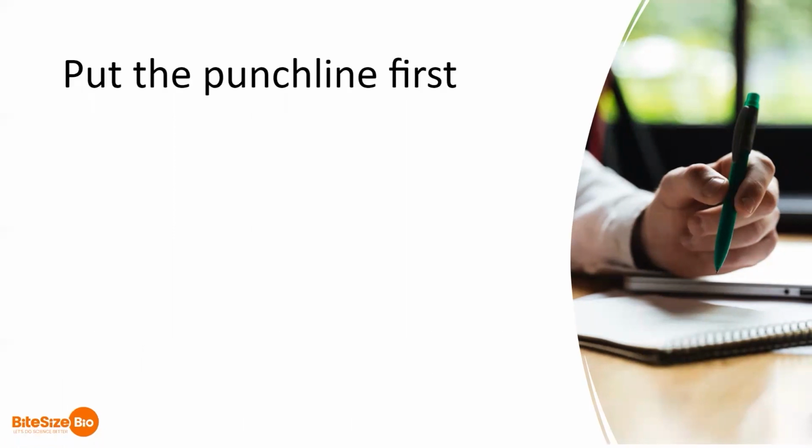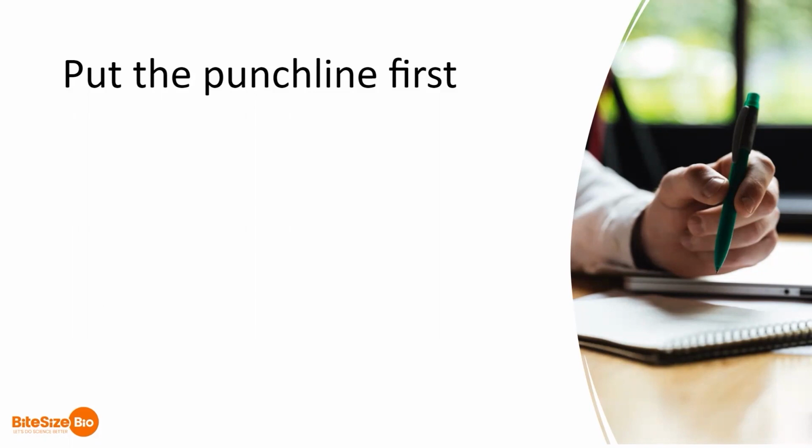Put the punchline first. The first paragraph of your writing is where you can hook your readers. It's also where you can completely lose them. You need to use this first paragraph to show your readers why they need to read your writing. And as people are inherently selfish, they want to know what they are going to get. I often find when reviewing my work or those of others that I can generally delete the first paragraph, as it doesn't help the reader know what they're getting or solve the problem.